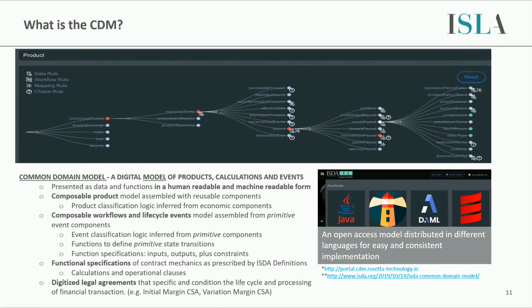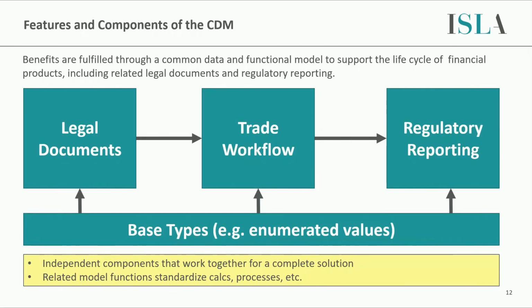There's a lot more detail to come, so I won't labor the point, but the key thing is that it's open access. We then distribute the model, and thinking about those three: standardize, digitize, distribute. We distribute the model and make it accessible in an open way in many different languages, so that people building systems can easily interact with the model and use it. That's key. We need people to use the model natively on their systems. There are going to be a lot more examples of this, as I said, but hopefully that is clear.